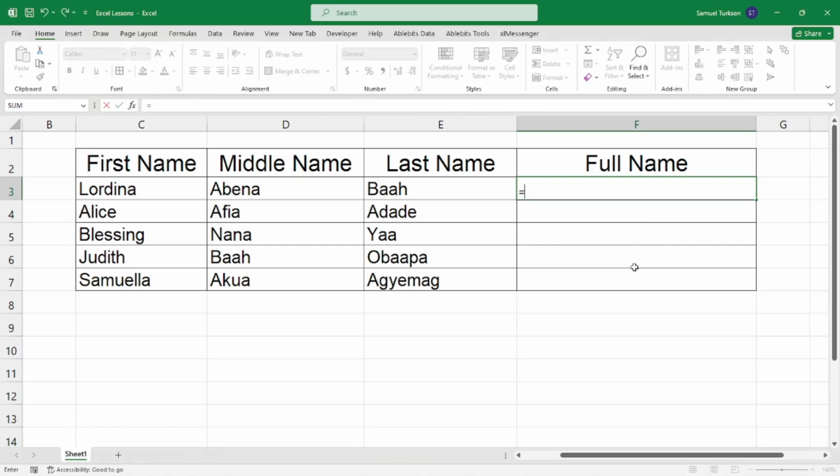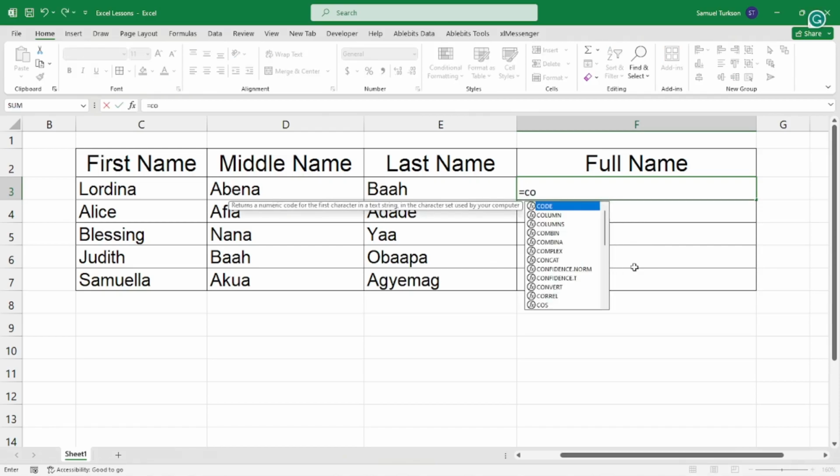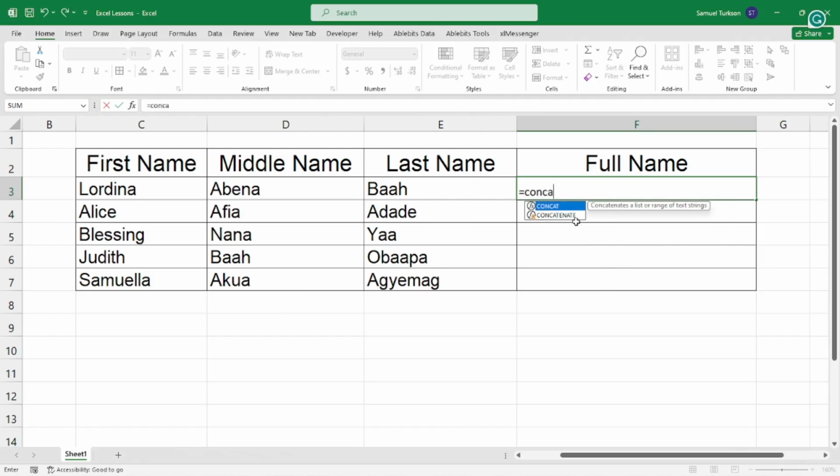So I type equal to, then concatenate. Okay, so it's already there, I'll select it. Then I'll select the first name, and then comma, then I'll bring double quote, then space, then another double quote, and another comma. Then come and select